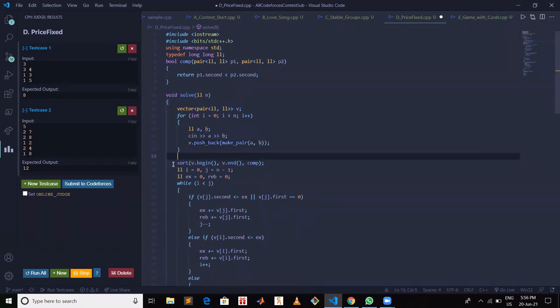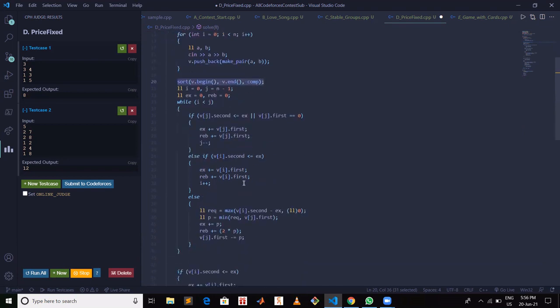Okay, then we are sorting this vector using one compare function. In compare function, we are sorting this vector on the basis of second element. So after this the vector will get sorted on the basis of the second one, which is experience.